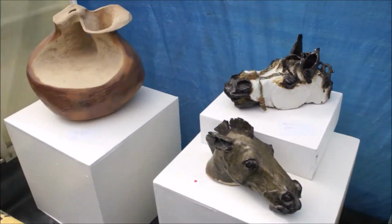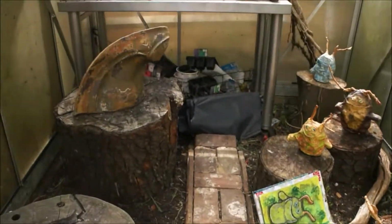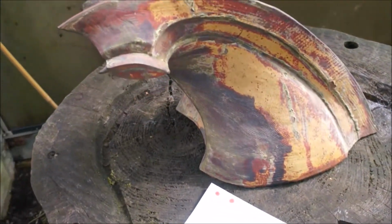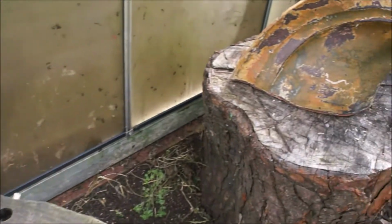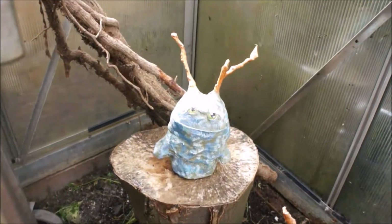So now we're going to go to my greenhouse. I've taken all the tomatoes out, and these are some more ceramics. These are called the Clockwork Ponies, and they're made out of stoneware, and they're gas fired, not electric. And these are my Eco Echoes. That's Brooke